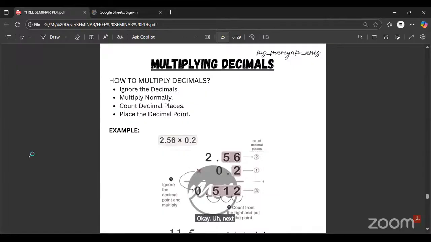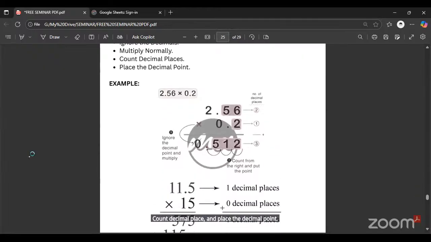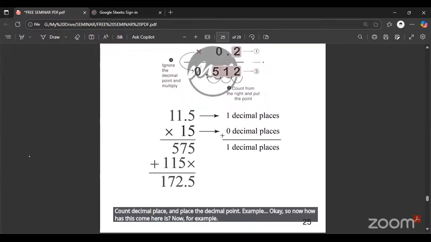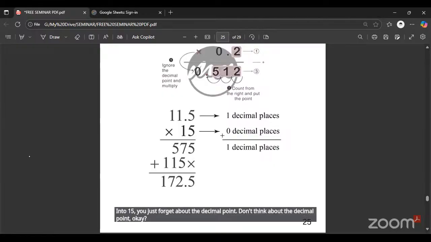Next thing is multiplying decimals. How to multiply decimals? Ignore the decimals, multiply normally, count decimal places, and place the decimal point. Example: if you're taking 111.5 into 15, you just forget about the decimal point. Don't think about the decimal point, okay? So we will take it as